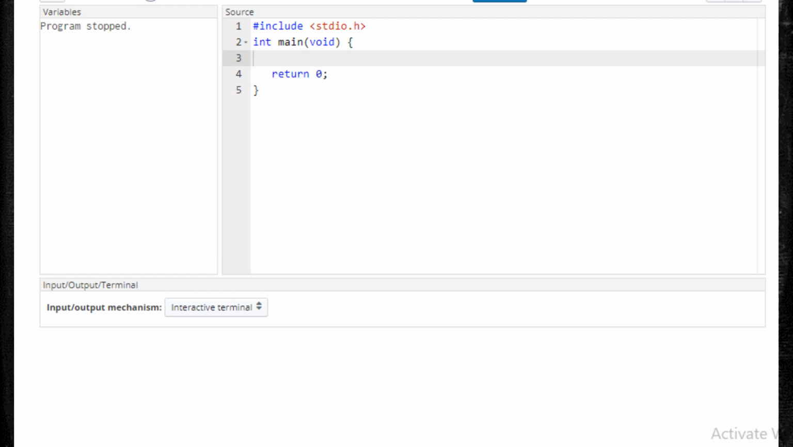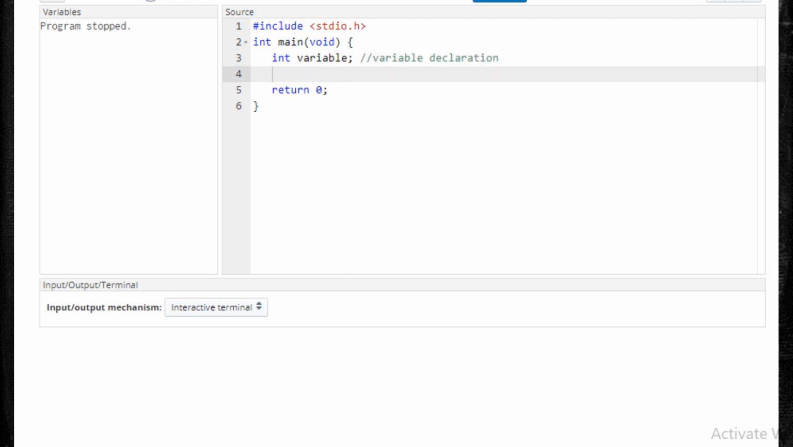Let's start by reviewing how to declare and assign values to variables. To declare a variable, we typed int for an integer type variable, and then the variable name. I'll just call it variable for now. So this is also called the variable declaration. In order to assign a value to the variable, we then type the variable name, an equal sign, and the value that we wish to put into the variable, so 2, for example. So this is the assignment,